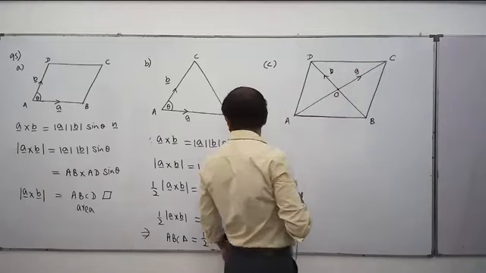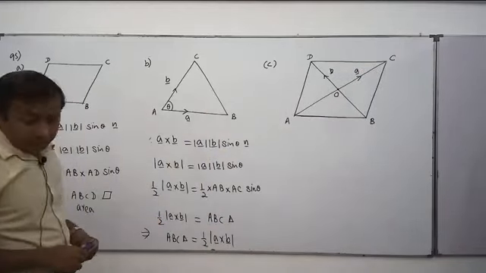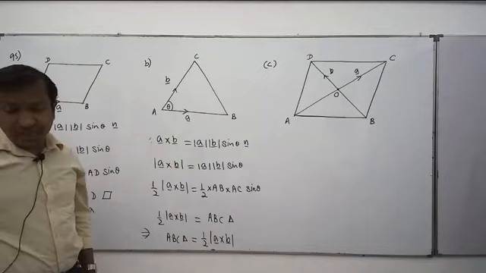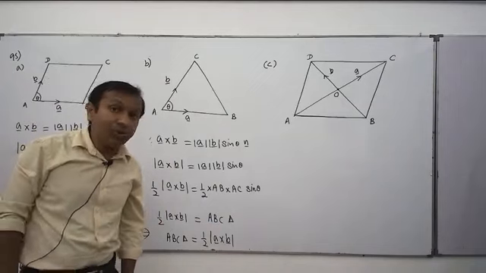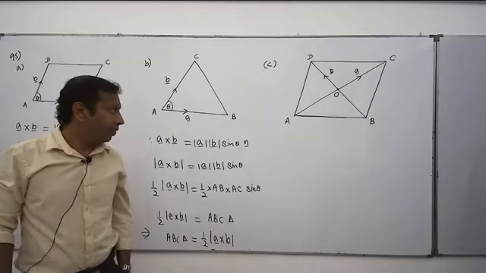Okay. Then the question asks, people: show that the ABCD area is equal to 2 times modulus of a cross b, right? Now,